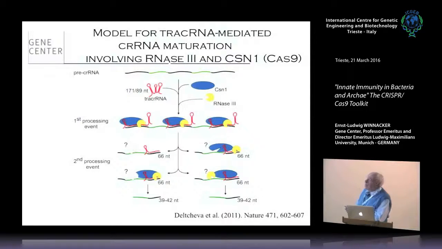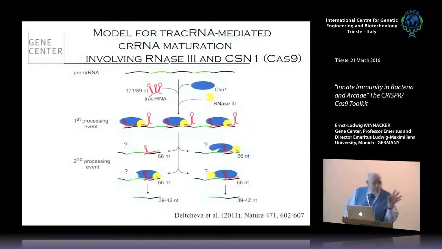The other RNA, which is transcribed to the left, you remember it, is required and binds to the enzyme. In this case, it's called CSN1 in the paper, but it's actually Cas9. In 2012 or so, they changed the nomenclature, and therefore everybody talks of Cas9. And then this complex binds each other. You see here is the long precursor, green, black, black, green, black, and the red one, the tracrRNA, binds to that by hybridization.